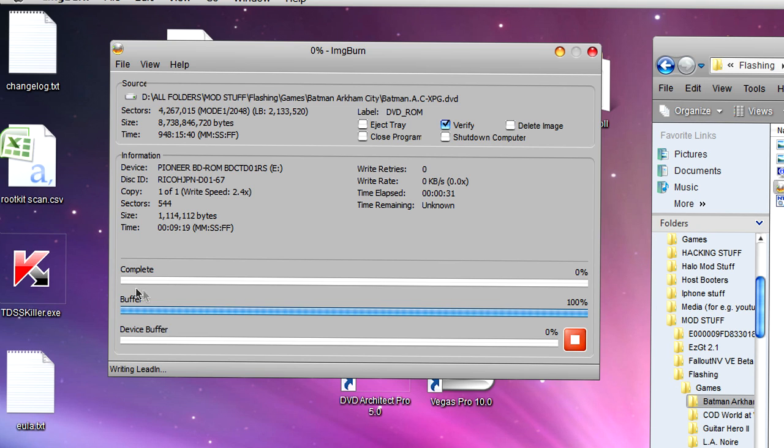This is going to take some time, probably over an hour, so you probably want to do this when you're not on your laptop. Actually, you can use it when it's burning, but I normally do something else. So that's going to start burning to the disk now, and in my next video